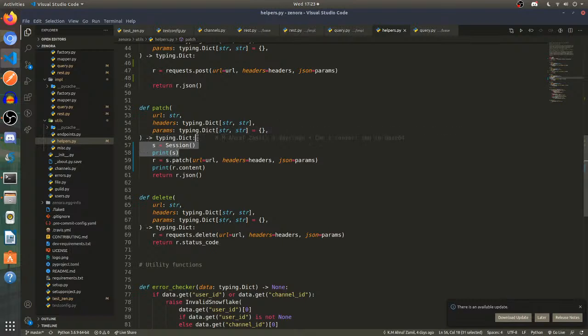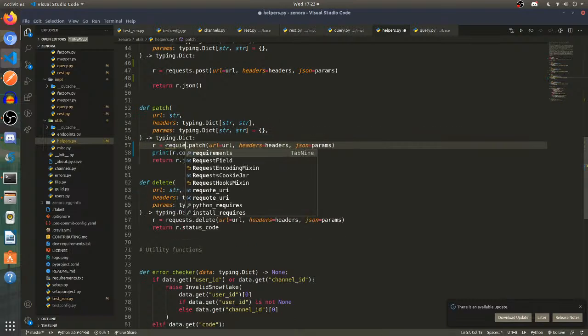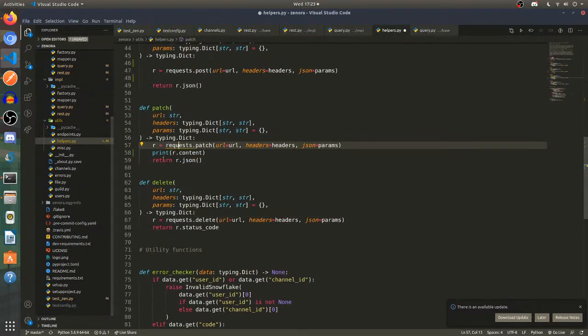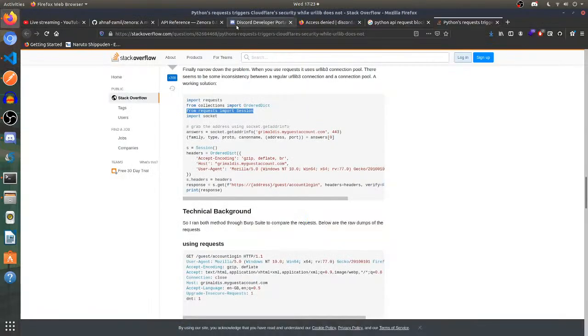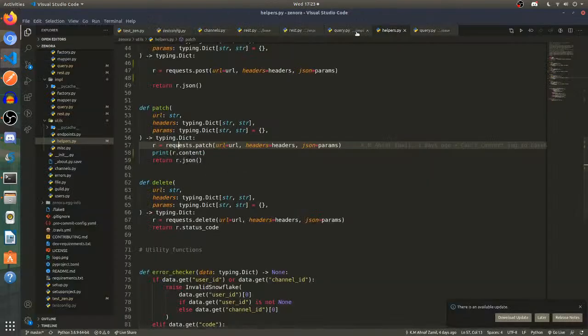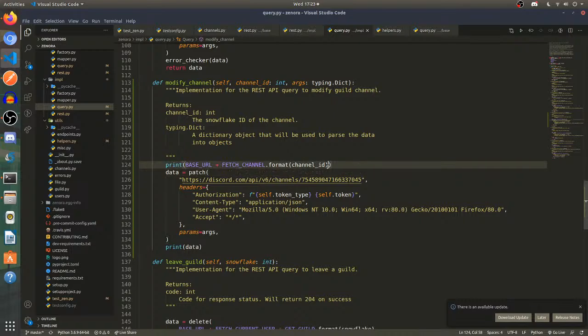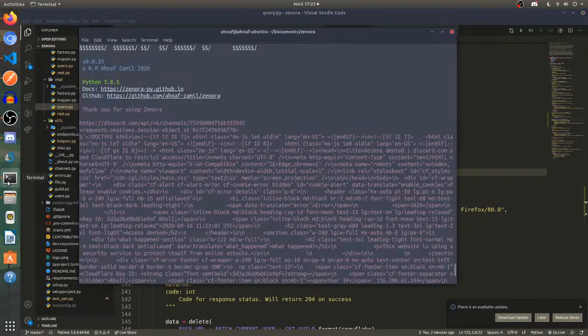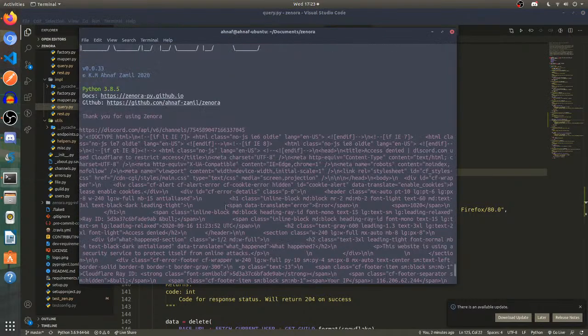I think I can use requests.patch. Oh, bad. Requests.patch. Channel.id. Is it formatting it? I'm still looking at what's happening right now.